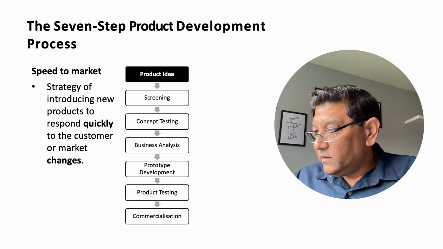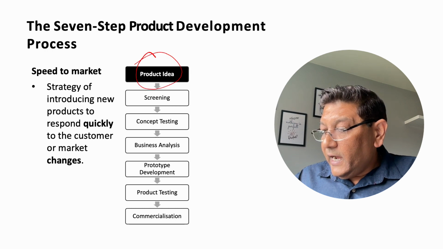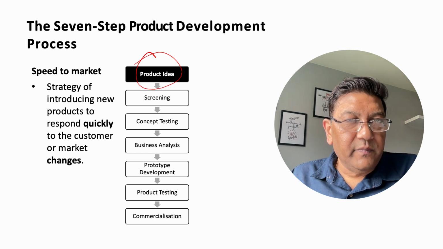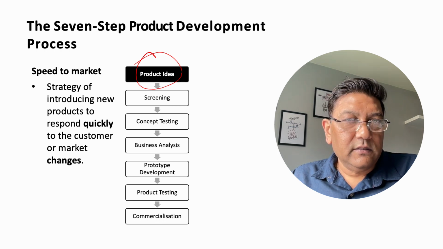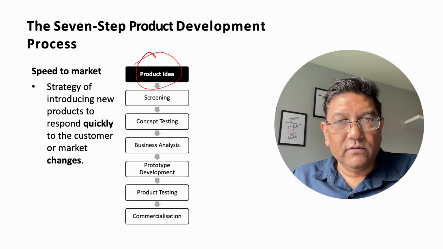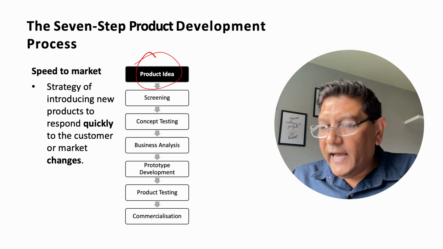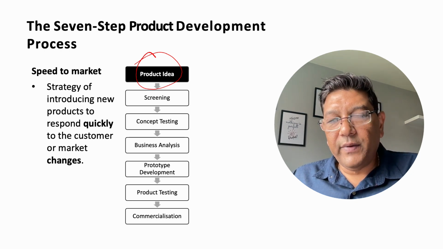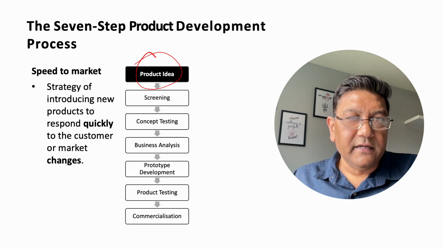One, how do we come up with the product idea? The product idea comes in two ways. One, you come up with a product idea based on your experience and you think that this product is going to sell. It could be a consumer product or a service. It could be an industrial product or a service. That way you come up with the idea and you start producing the product. It doesn't mean that it is going to sell. Maybe your idea is unique for yourself, but the consumers don't like the product.